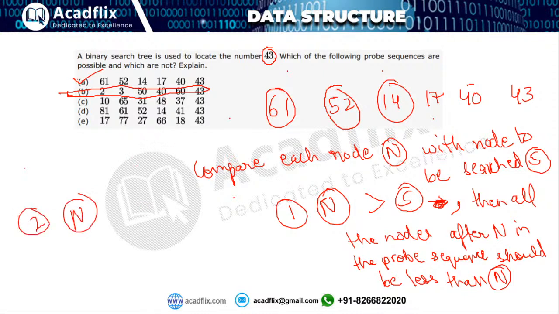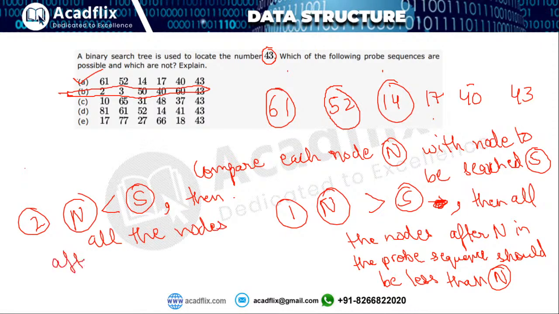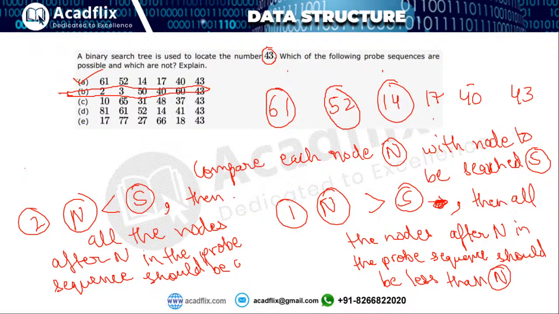Now if my node n, in this particular sequence, was actually less than the node to be searched, then what do you do? Then check that all the nodes after n in the probe sequence should be greater than n. Fine. So if you are just applying these two checks,